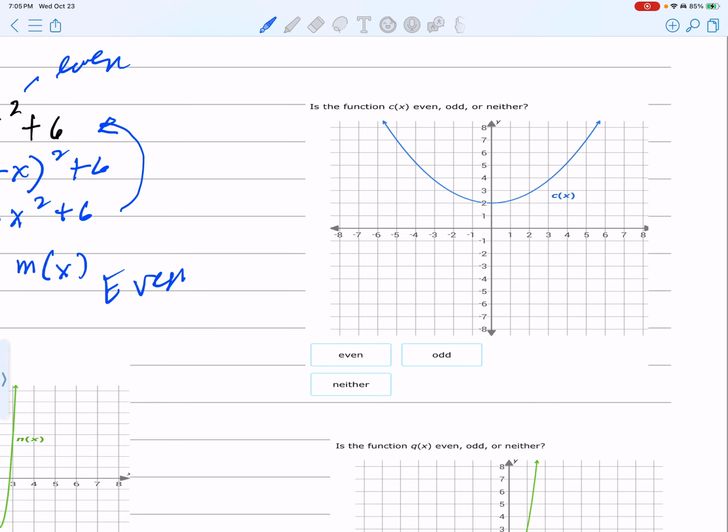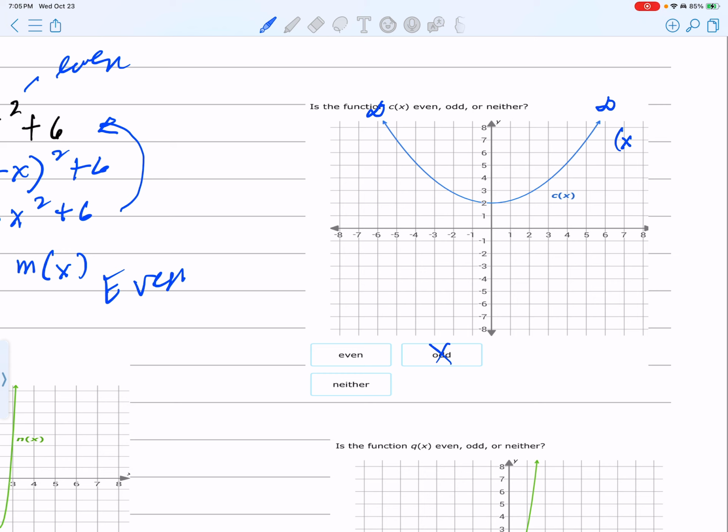When I try to identify whether a graph is an even or odd function, the first thing I have to look at is the end behavior. Here, it goes up, so it's positive infinity. Both ends are in the same direction. That means it's not odd. It might be even. I have to check. Okay? The rule is,